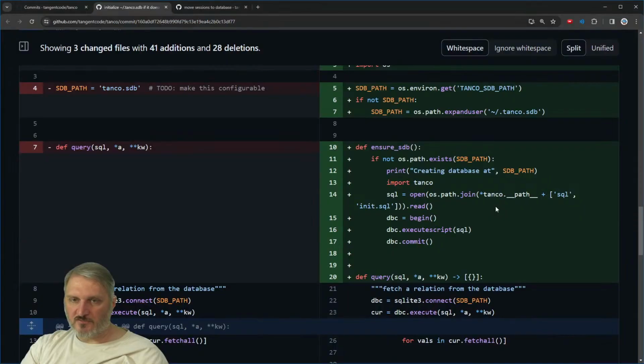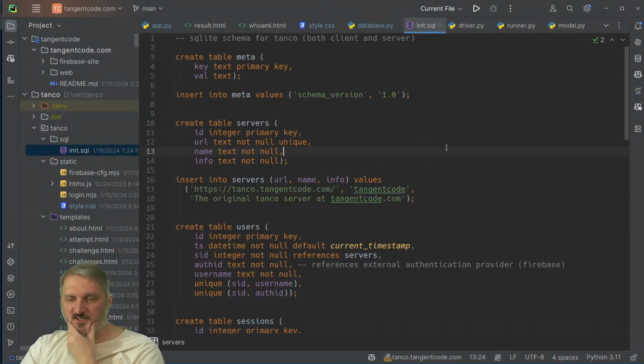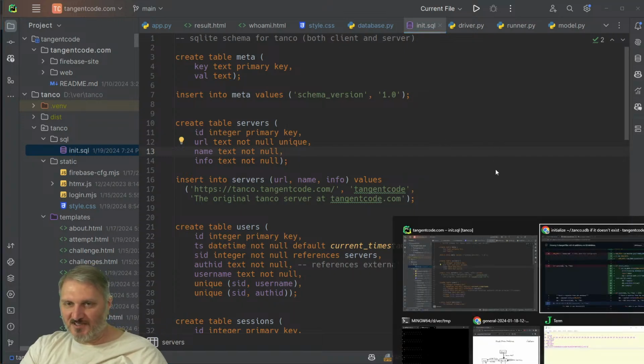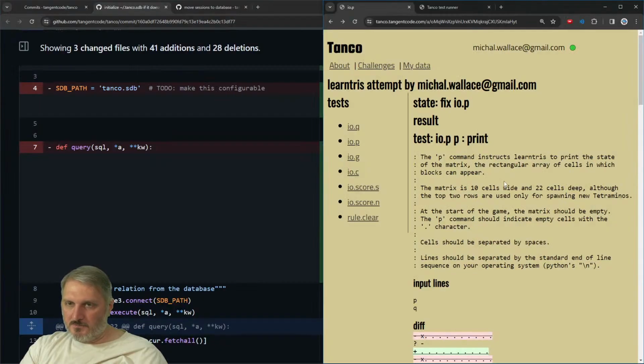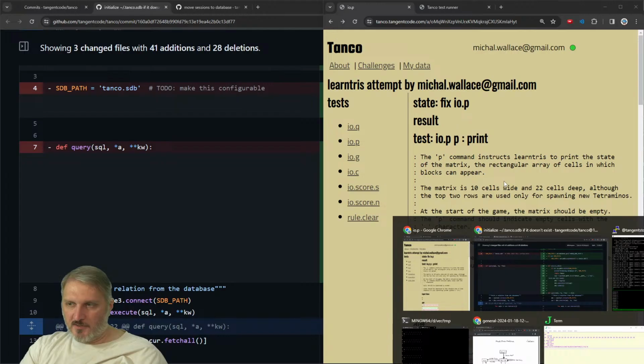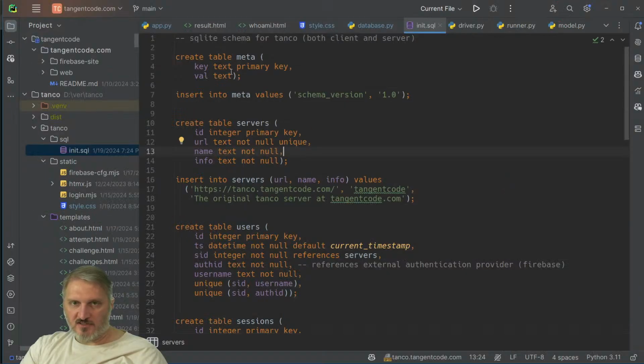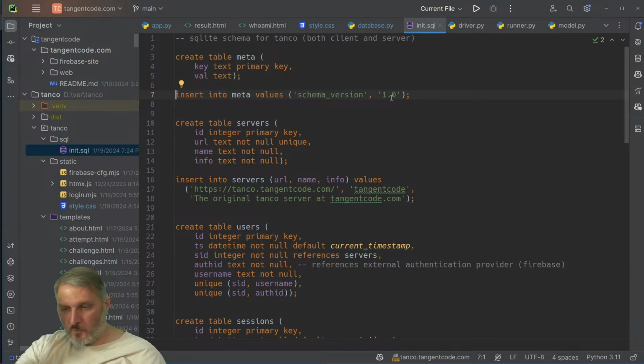So in the future, if I ever need to make changes to this, like once I hit the button and say, okay, we're live, which I haven't done yet, what'll happen is that there's a table called meta, and I insert this thing called schema version, so 1.0. I guess I'm creeping up on a 1.0 release here, and so once I have the 1.0 release,